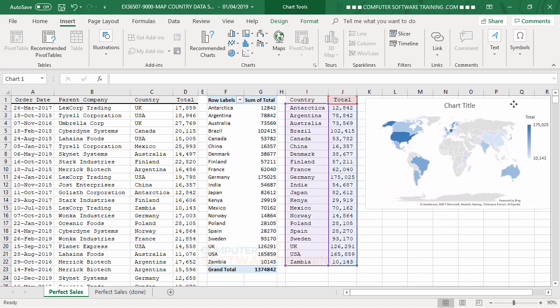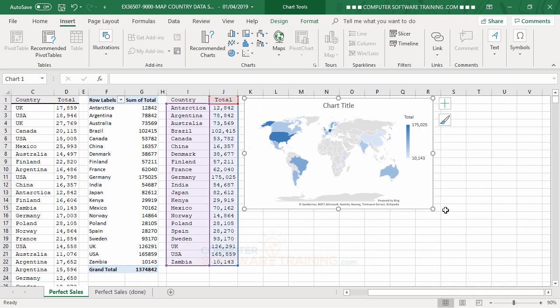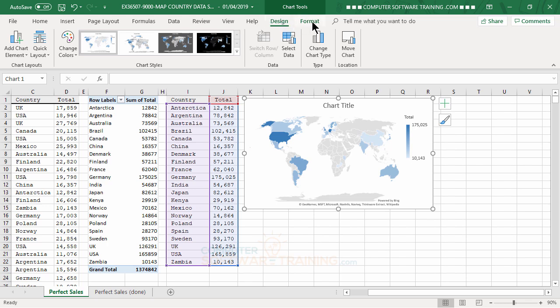move this over here, and there we go. Now we have up here, while we got the chart selected, we have the chart tools. We have our design up here, and we have our format here. So in the design especially, what we can do is say, you know what, I don't really like that. I'd like to change it up a little bit as far as the coloring or whatever. So I can actually go into here, and I can hit this little more button. Oh, we don't have many to choose from, but we have this type of look here, which is what we're